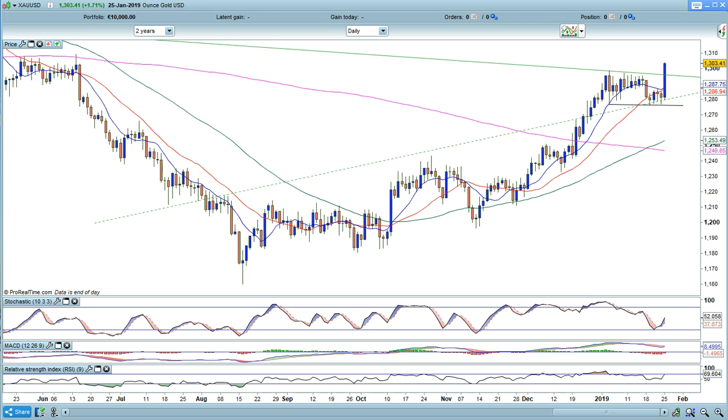I'm starting off with the daily chart at this point, and the reason that I'm doing this is because I want to point something out to you. Now, we know that gold's been in an uptrend and it's been going back to August, dips, up, dips. Now, this little bit here was interesting. If you looked at this little line here, and if I connect another little segment here,